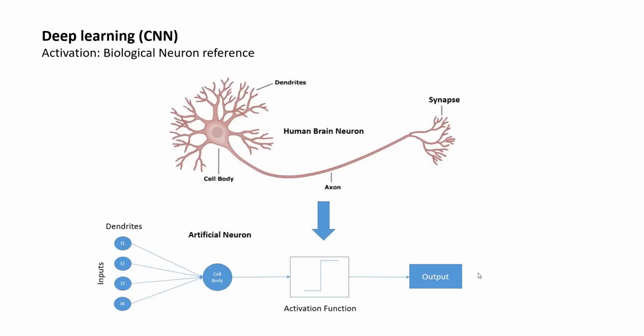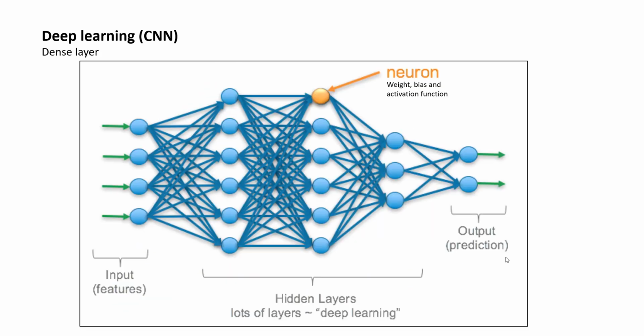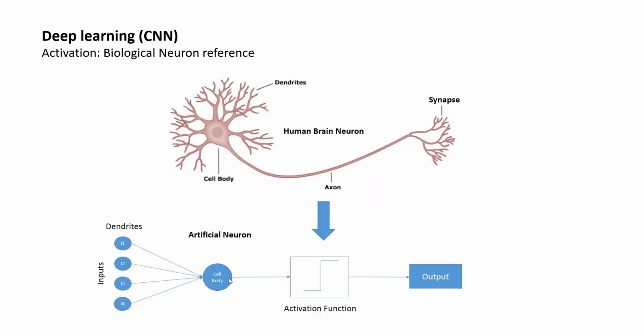Okay, moving on, more terms. Now, we looked at a single neuron here, right? So why is it called a neuron? Obviously, these are all neural networks. And why are they called neurons? Well, they're called neurons because they try to mimic